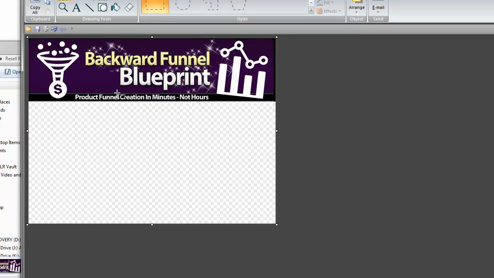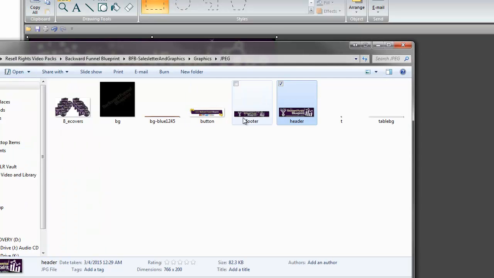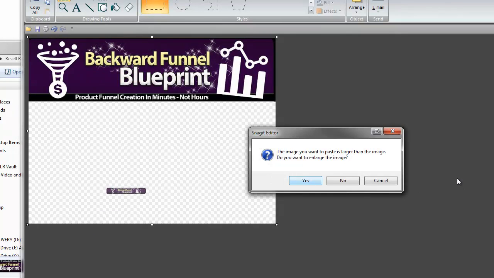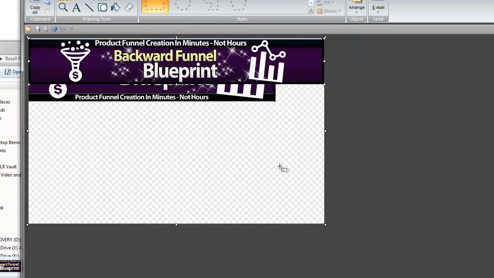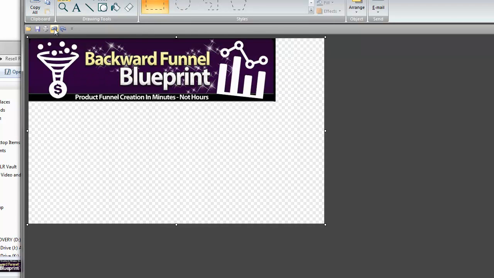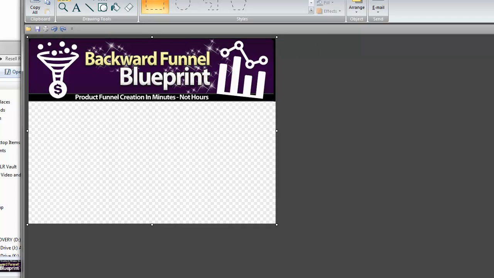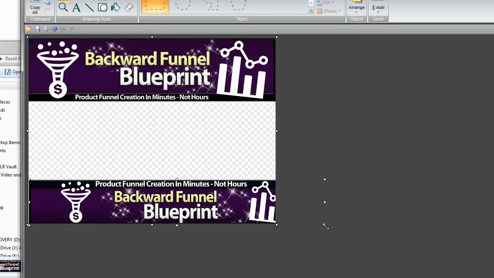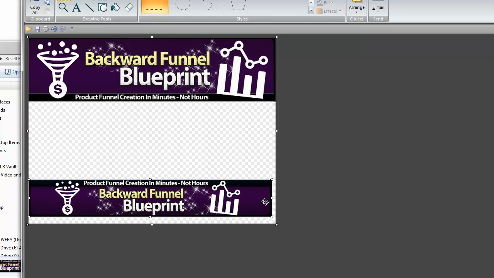All right. We also have a footer graphic in here, so we can go ahead and drag our footer in here. Oops, let's undo that. Let's grab our footer. Let's hit no. All right, and then we can go ahead and edit the size of our footer.